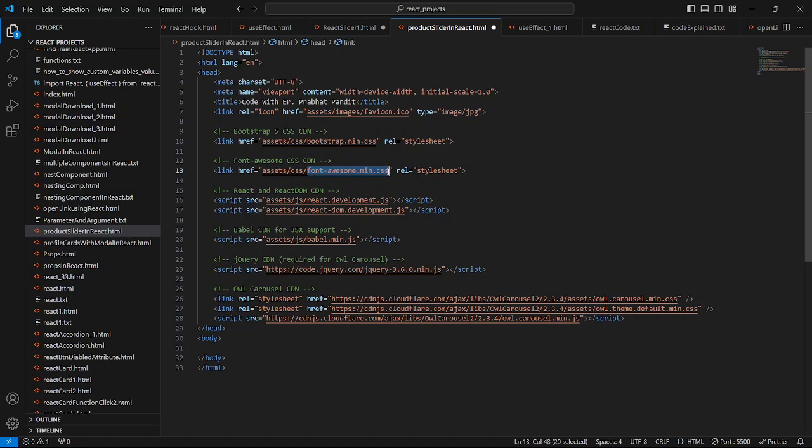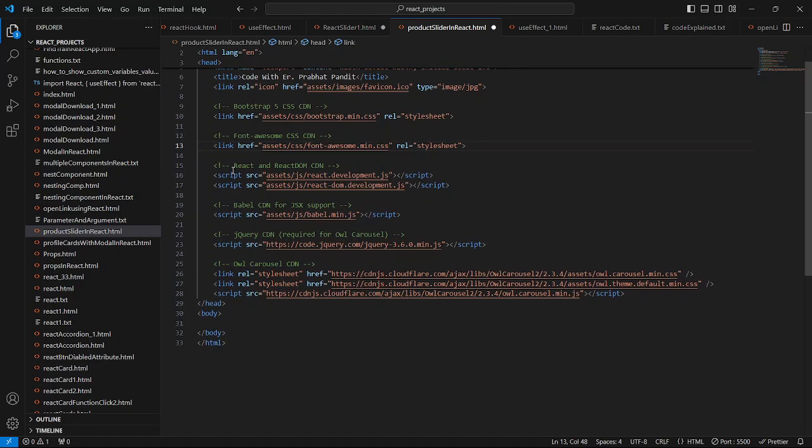Okay, so this is the CSS file for Font Awesome. We will need some icons also, so for this I have used Font Awesome here. This is the React and React DOM CDN. This is again inside the folder assets, inside the folder js, I have got a file called